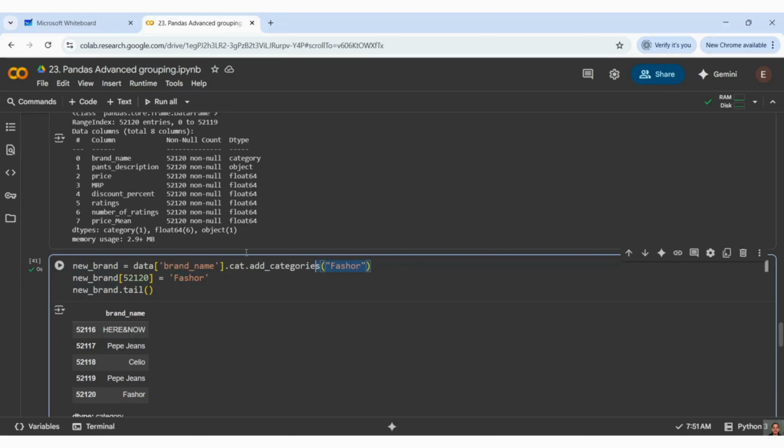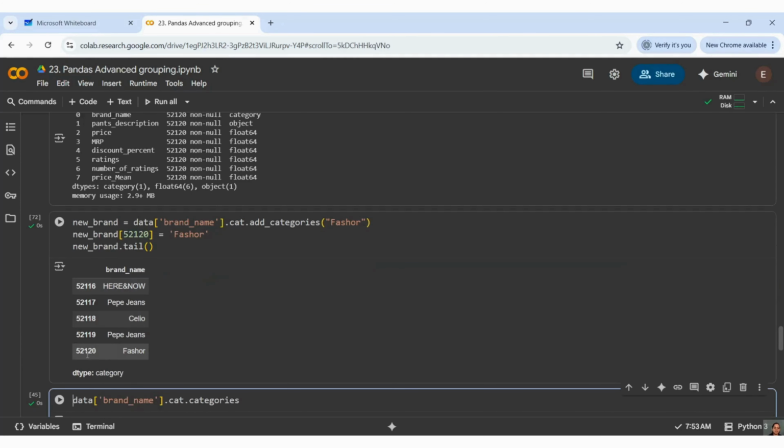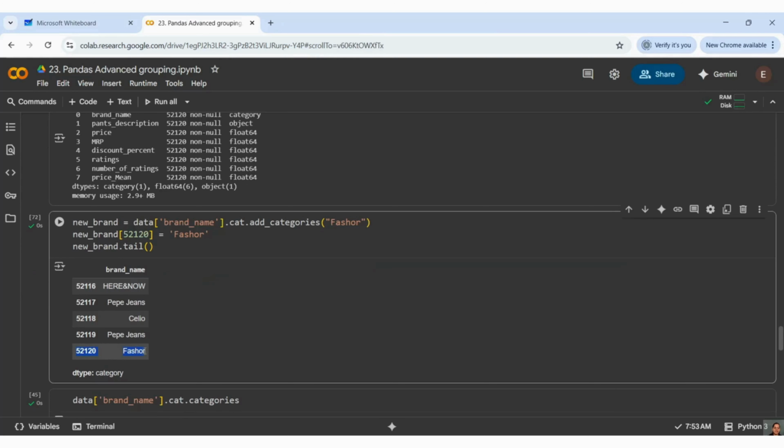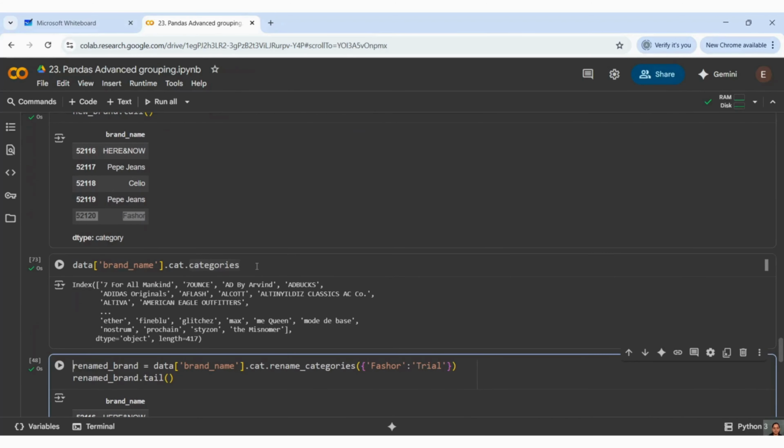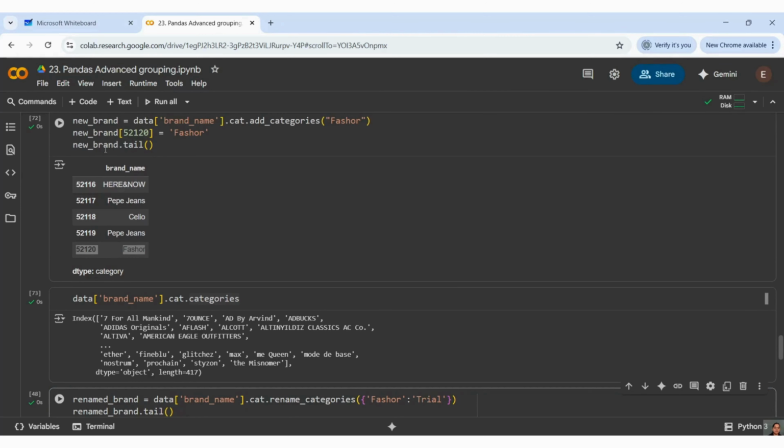So after adding the category, you need to assign it to get inserted into the data. And you should be able to see that my FASR brand is getting added to my data. 52120 and add it. And you can see all the categories present here. This is your data. This is not this one, this data. And if you want to see the new brand